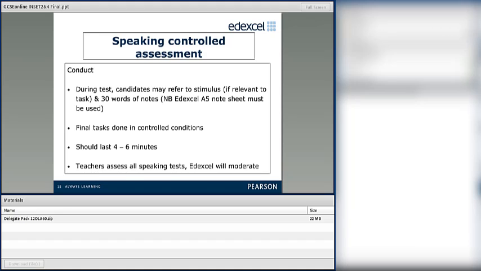And then you teachers will have to assess the tests and send them off to Excel for moderation. When to do it is up to you, because there's a lot of variety. Some people test on an ongoing basis as part of continuous learning. So as I say, you have to do a minimum of 2, but you can do 1 a month if you like, as many as you like.